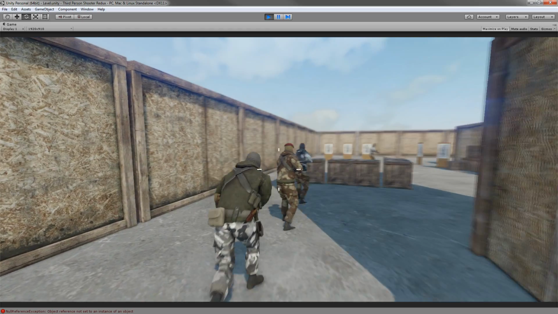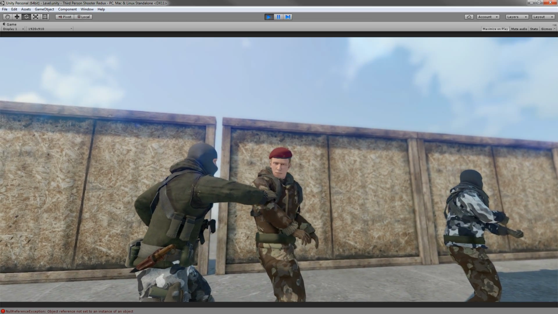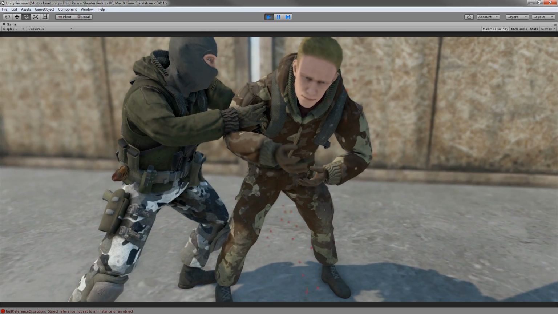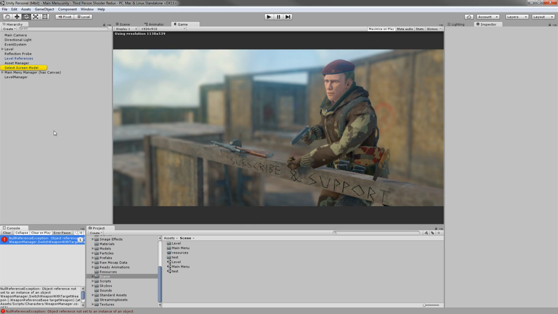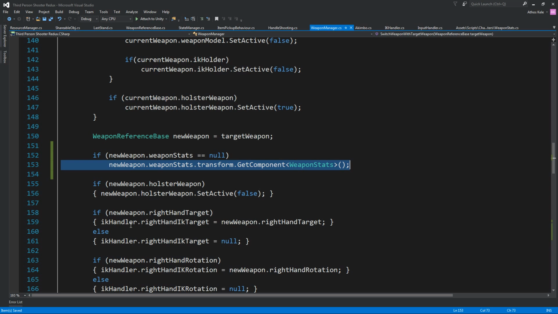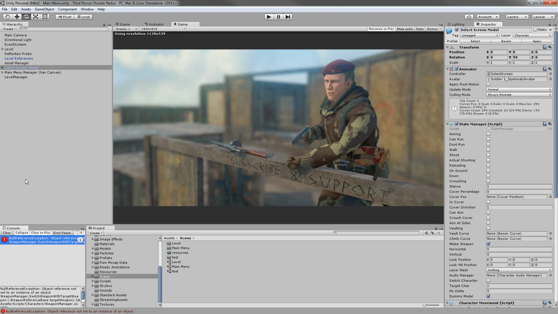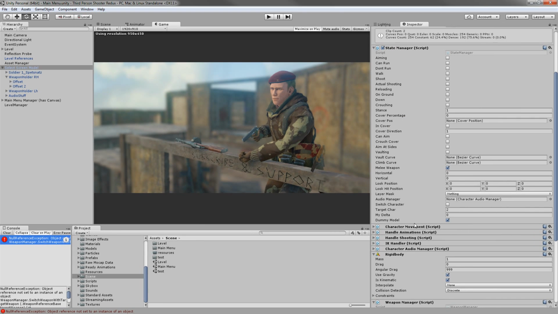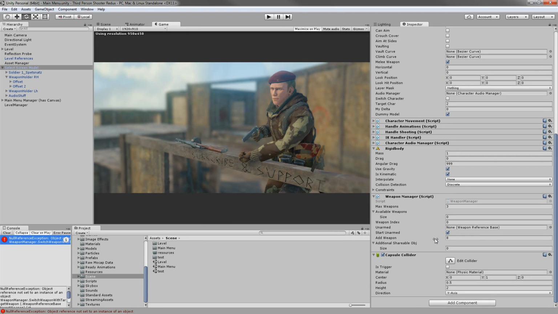Okay, and in case we want to do the takedowns, there are weapons, and this one didn't actually work. So let's see why this one didn't work. Yeah, because we haven't assigned a weapon stats over here on one of our weapons basically. So anyway, I'm not going to go now and assign the references that are missing. You get the idea. Basically just add a weapon manager,